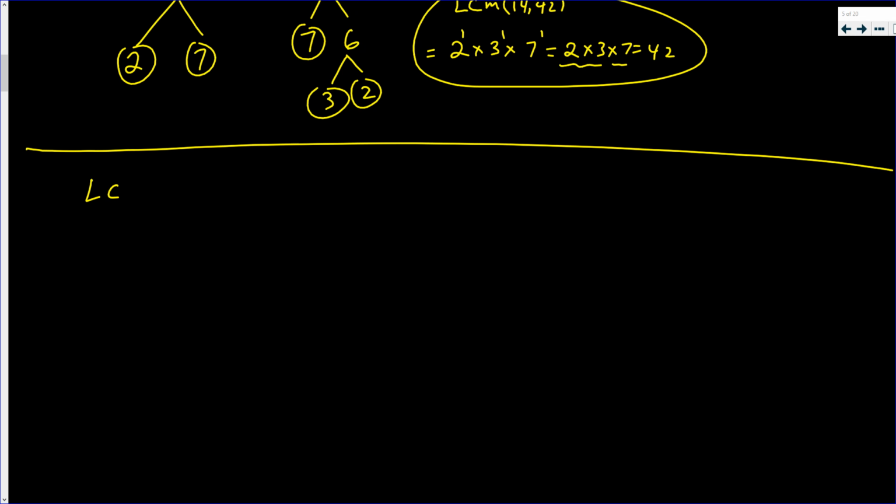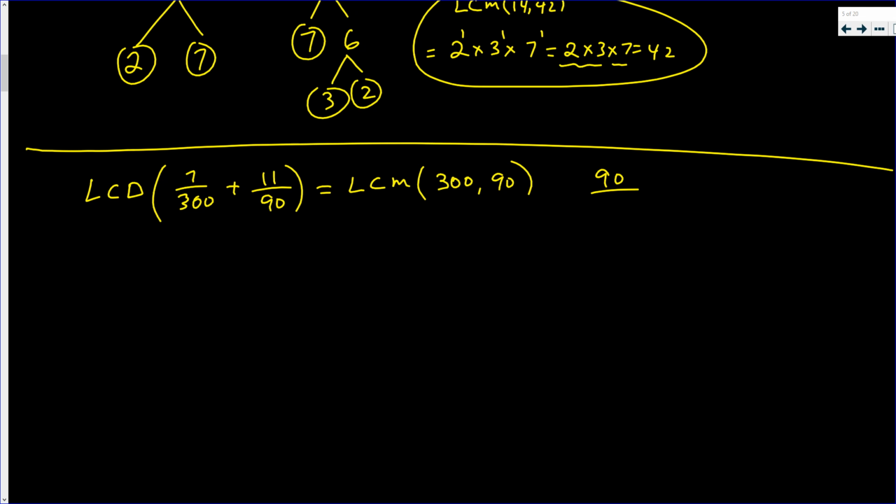Suppose you were asked to find the LCD of 7 over 300 plus 11 over 90. Whatever that is, it's going to be the LCM of these two numbers. So you can look at the 90 table. 90, 180, 270, 360, 450,